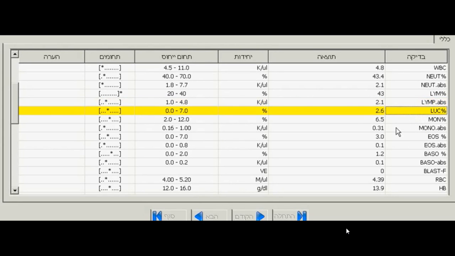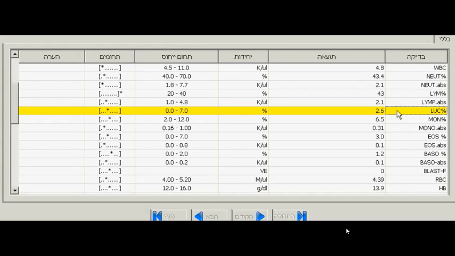The next thing that we want to talk about is the LUC percent that you can see here, which is large unstained cells percent. This is a value you won't get with all analyzers, but you do get with the analyzer that we use. And these are large cells that are not stained with myeloperoxidase, an enzyme that is found in the granulocyte line, the neutrophils, and this is a sign that this is an important cell because it can be the first sign